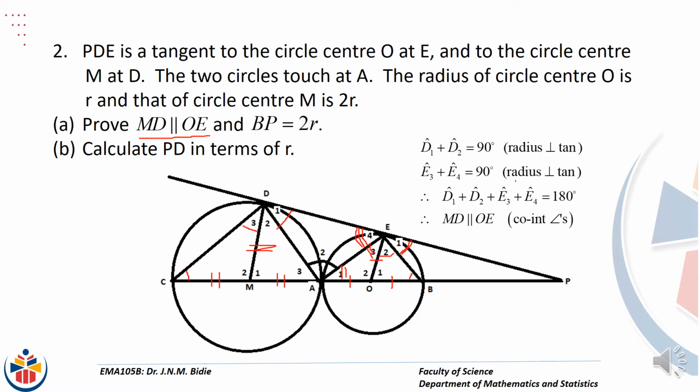All right, and E4 definitely equal to angle OEB, angle in the alternate segment. So there are many angles that you can find that are equal and be able to use if needs be to prove that BP is equal to 2R,